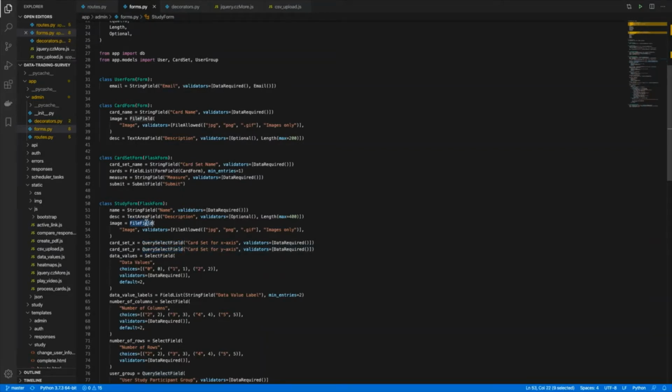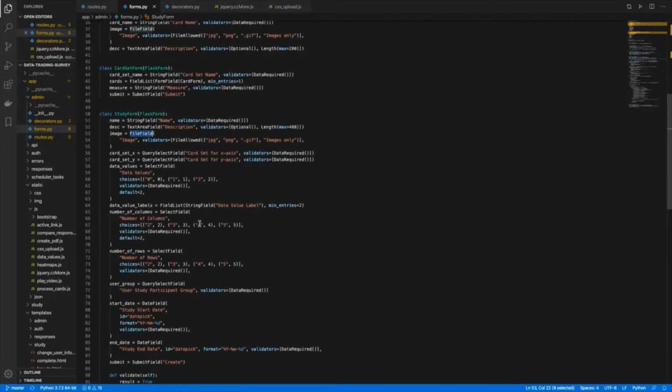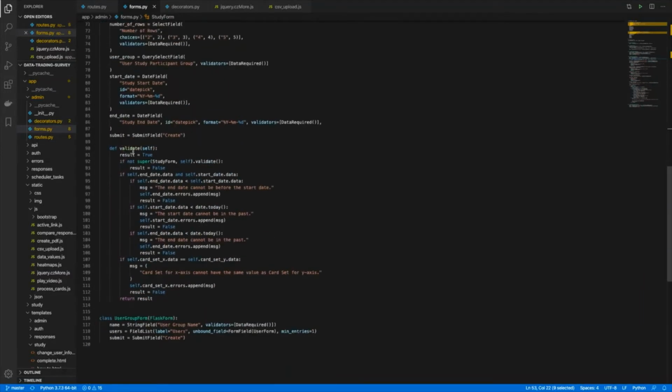The file field here allows the uploading of a file given its extension provided in the file allowed validator. The custom validator lower down in this validate function validates specific constraints of the form, such as the start date not being after the end date.